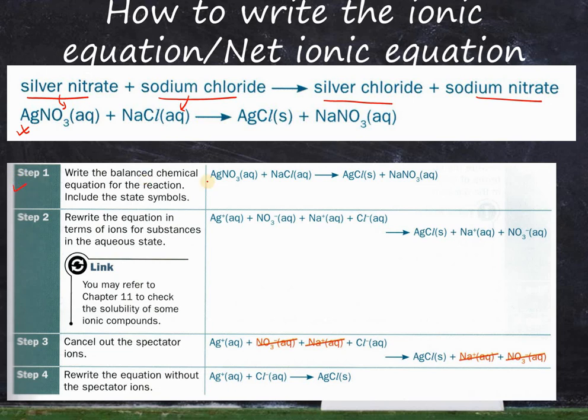So step number one, write the balanced equation. So what is the balanced equation? Just balance everything. Yes, one silver, one silver here. Everything is balanced. Done. Step two, rewrite the equation in terms of ions of the substance if it is